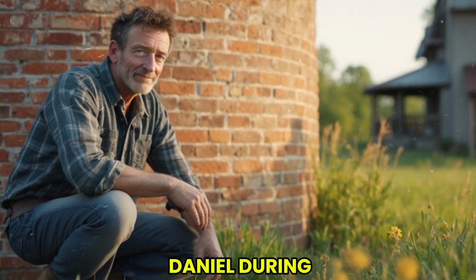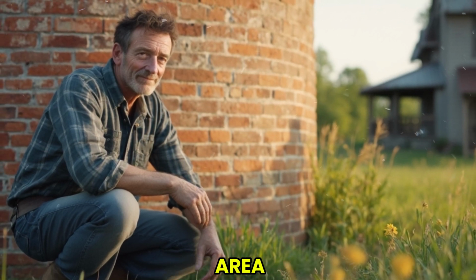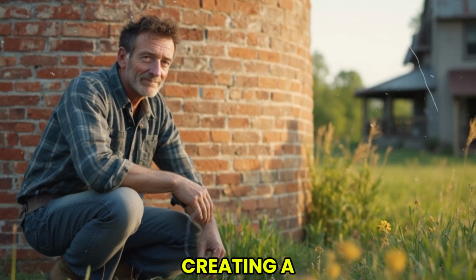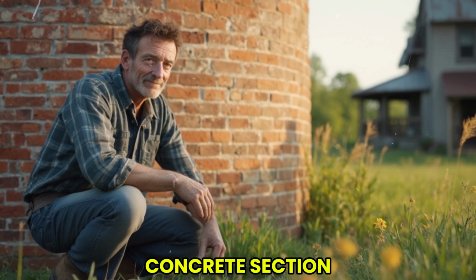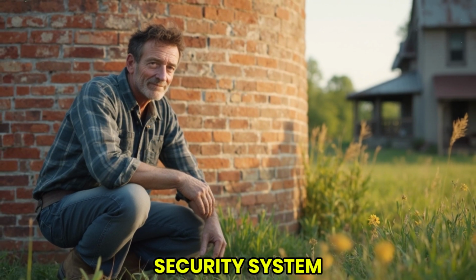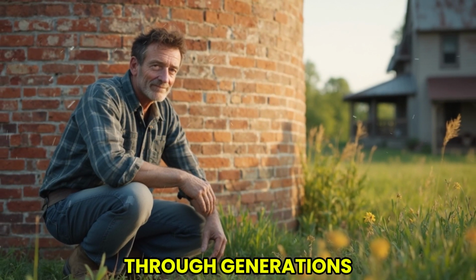Working with Daniel during his weekend visits from Harrisburg, Thomas carefully examined the area, discovering that certain bricks could be depressed in a specific sequence, creating a mechanism that released what had appeared to be a solid concrete section of the foundation wall. The engineering was remarkable, a century-old security system that had remained functional and undetected through generations of